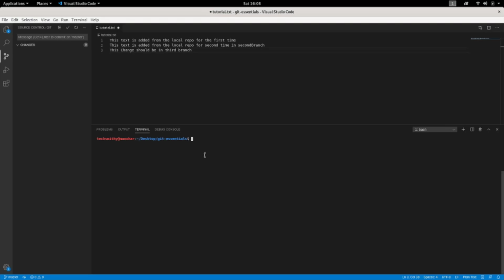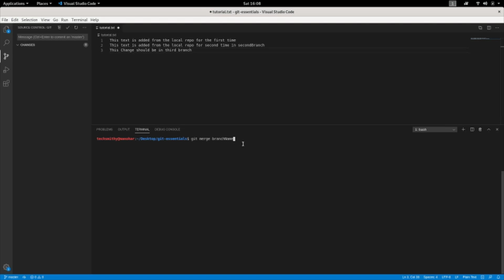And if there are a few changes that you need to push back to another branch, you need to do git stash. This will store all your local changes, and you check out to a new branch and do git stash apply to apply all the changes in your current branch. And next, git merge. A git merge with some branch will get all the changes of this branch and add these to your local current branch. And when you rebase, I'll tell you about rebase in a while.